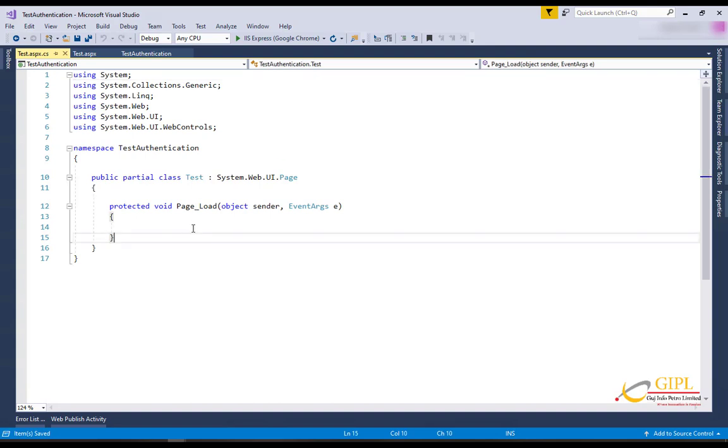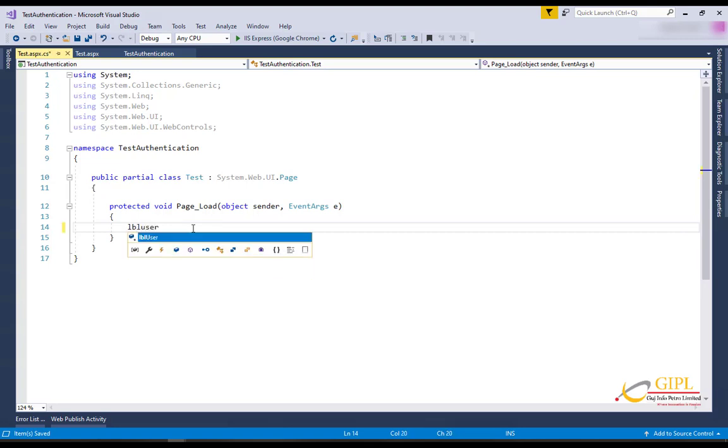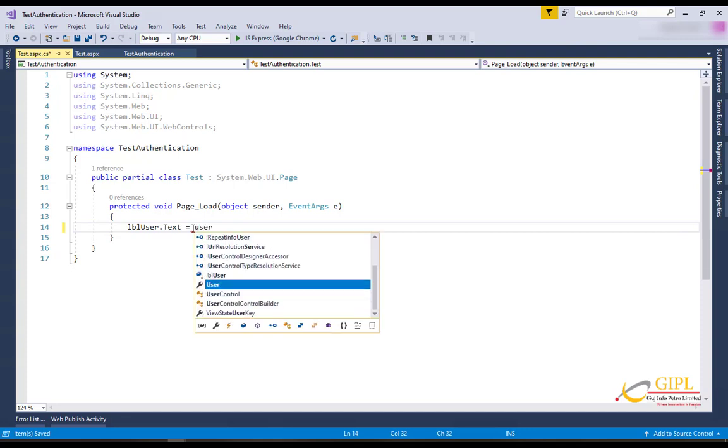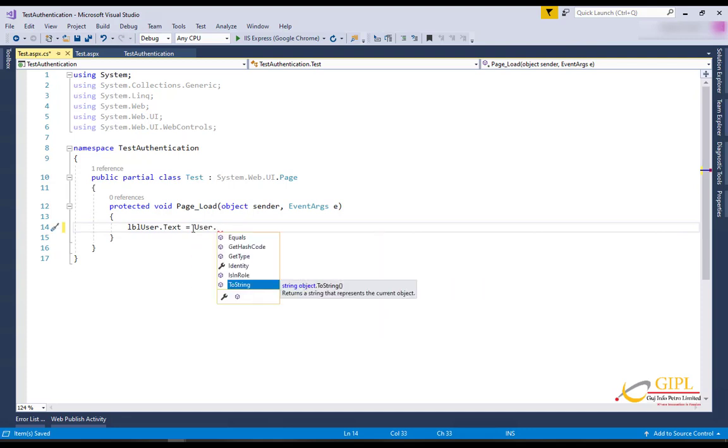And in the code page, we will set the values. First of all, we will display the name of the user who will log in. Here we will use the User method, which is the default system method.